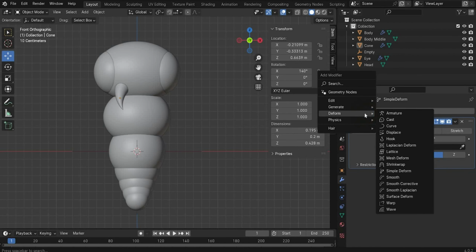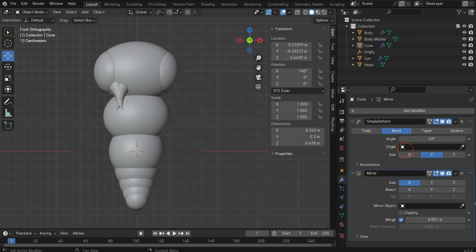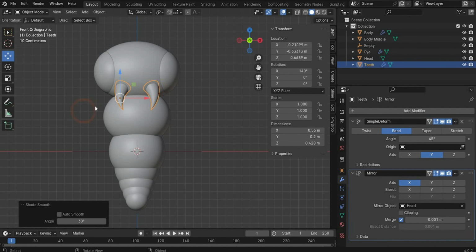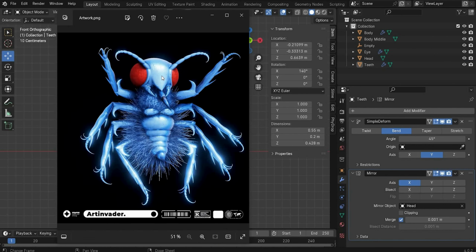Alright, here we also use again the mirror tool. And we also insert under mirror object our head. Perfect. Rename the cone to teeth. Press with the right mouse button on it and shade it smooth. The next step we will create here the nose